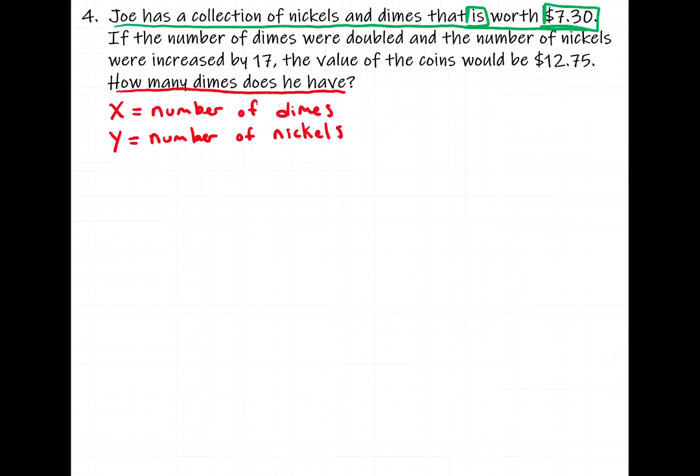Remember, is means equals, so the value of the nickels plus the value of the dimes is worth a total of $7.30. Let's start with dimes first because we are calling that x: the value of the dimes, plus the value of the nickels, is equal to